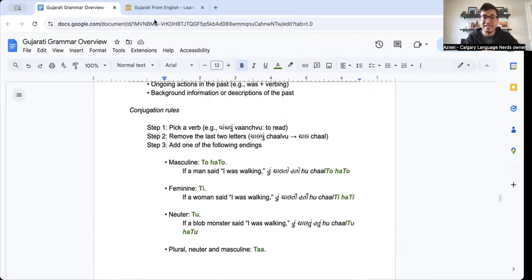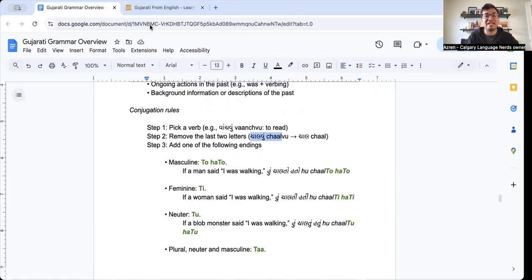So we pick our verb again. I see I've got a typo here as well. We pick a verb such as chalvu, right? We get rid of the last 2 letters. We're left with chal, and we add one of the following endings. So hu chalto hato for masculine, hu chalti hati for feminine, hu chaltu hatu for neuter. It doesn't happen very often, but it could happen, I suppose. Right? And then for